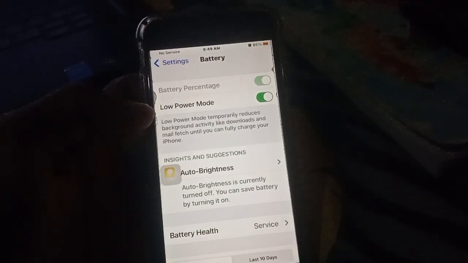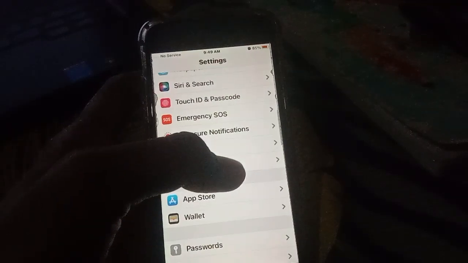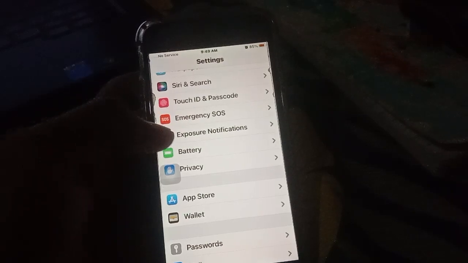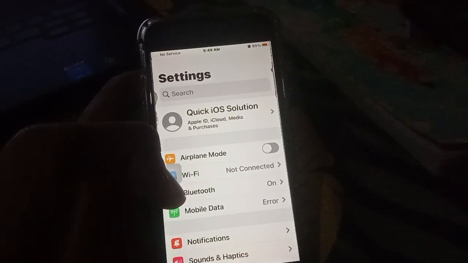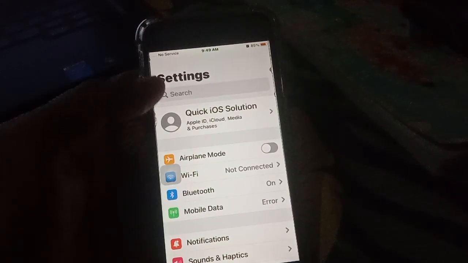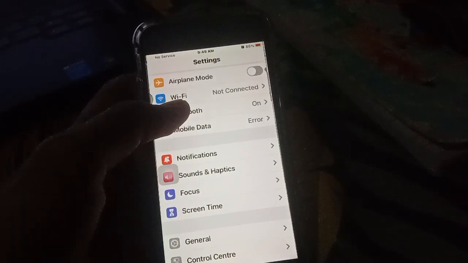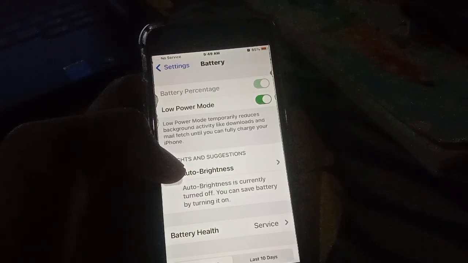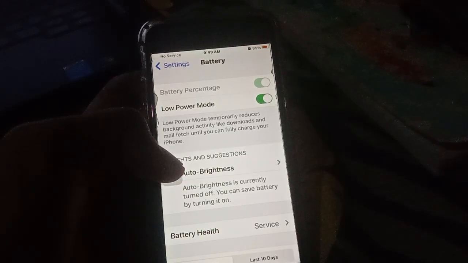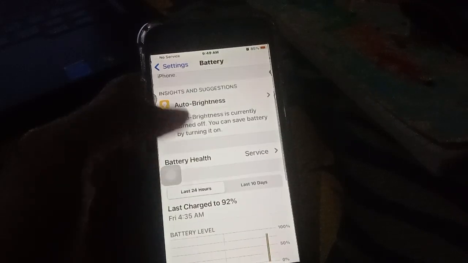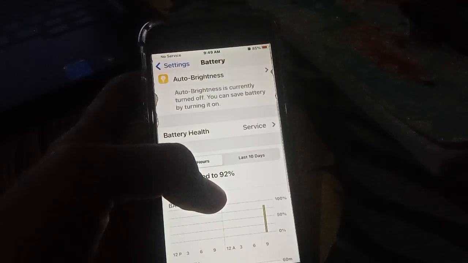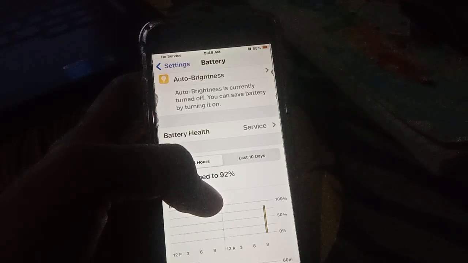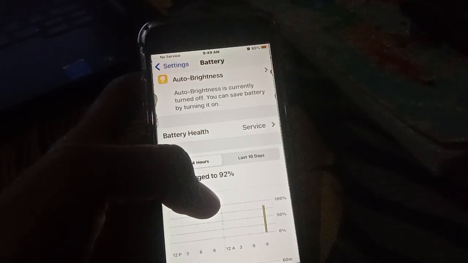Then the second solution: you have to find out which apps are using unusual battery on your iPhone. So open the Settings app on your iPhone or iPad. Then scroll down and tap on Battery, and look for the list of apps under the battery usage section. Then check how much battery each app has consumed in the last